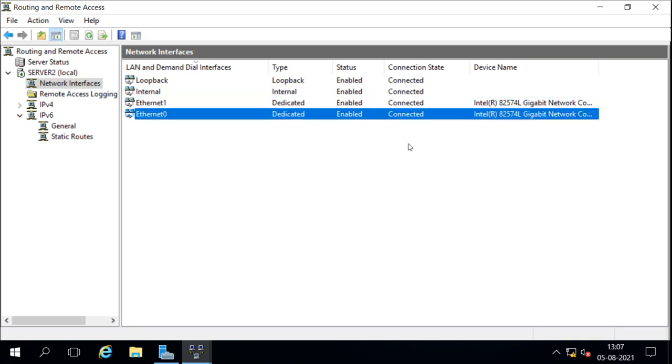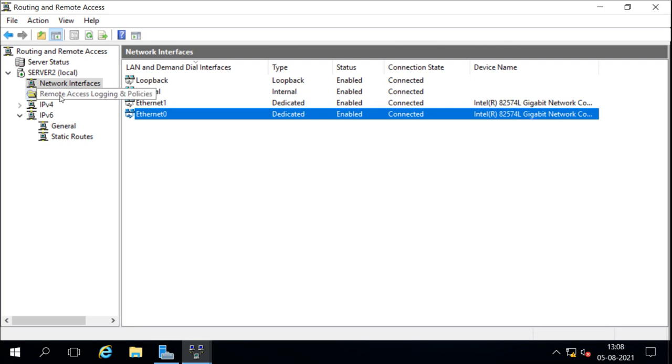If you want to better understand the interfaces, you should rename them as internal or external. Suppose you are configuring NATing, not LAN routing; for NATing you should understand which interface is the local interface and which is the external interface. So you should rename the interfaces so that we can understand which is the external interface. Right now we are doing only routing.